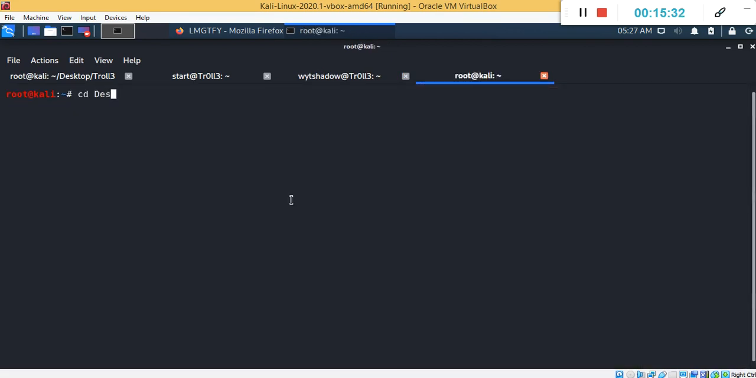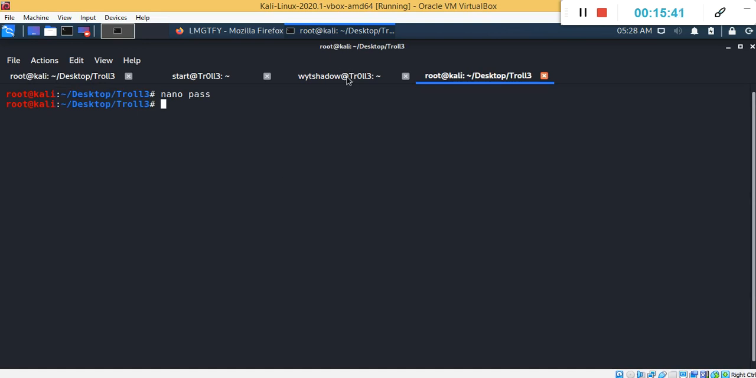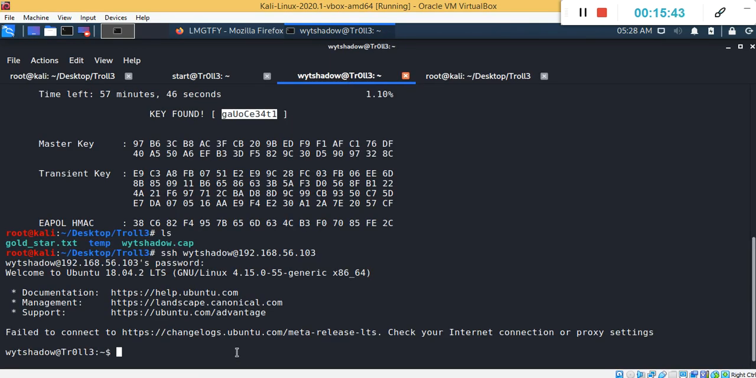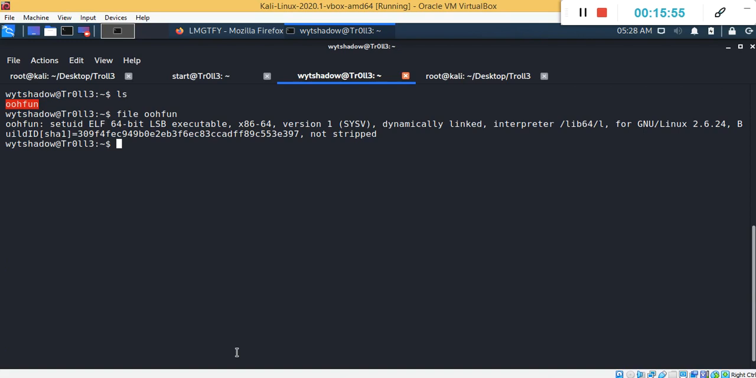Before that, I would like to save this password as it might be helpful. So I will create a pass file and save this password and keep it. So we got into this user white shadow. Now let's see what it has. It has a file named ofun. Like always, we will try to find out what type of file it is, and it is an ELF 64-bit